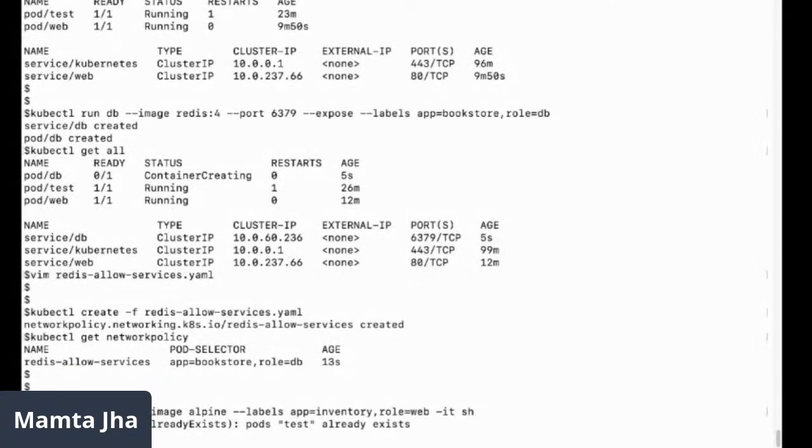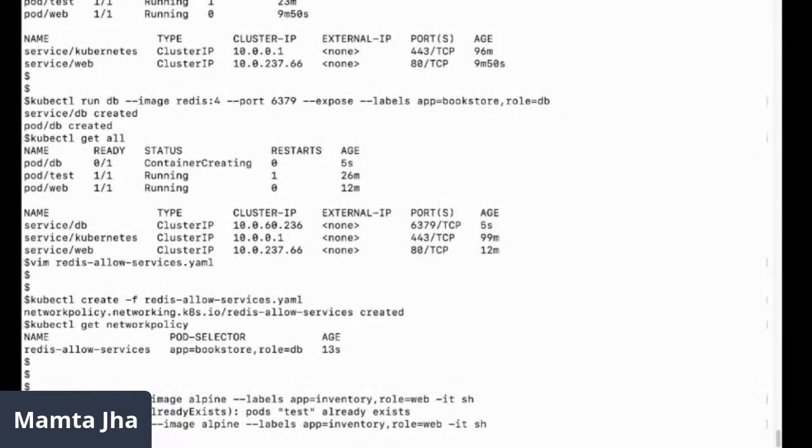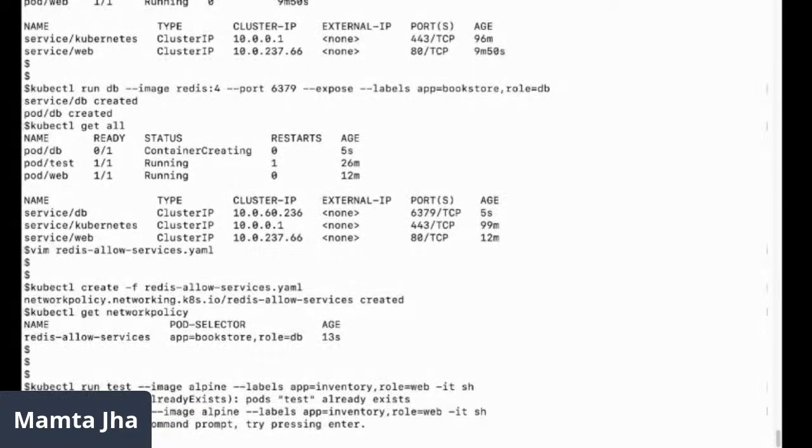I will have to interactively get inside it with the shell. So I'm going into that pod. And now I'll try to connect to my database. Oh, test pod is already existing. Let me create with name test1. In the default namespace test pod is already there.